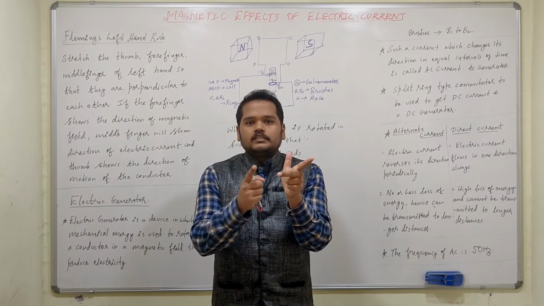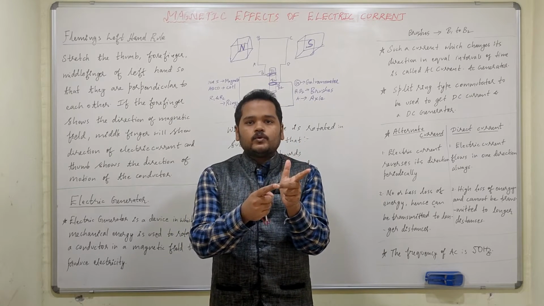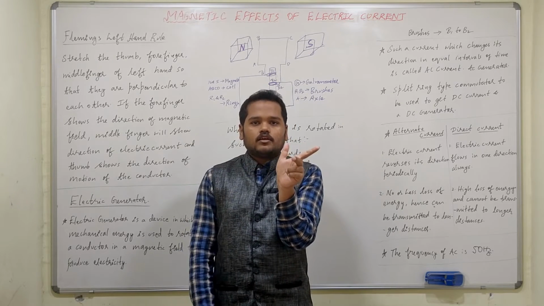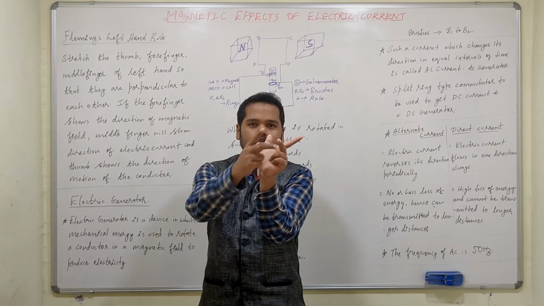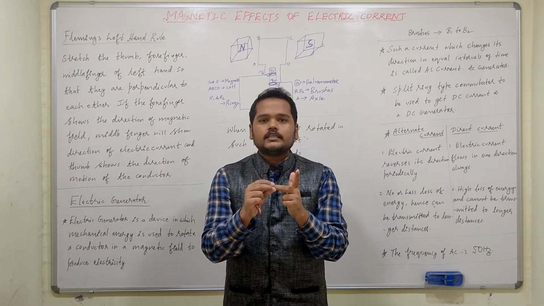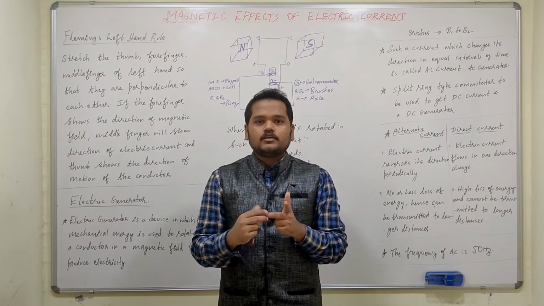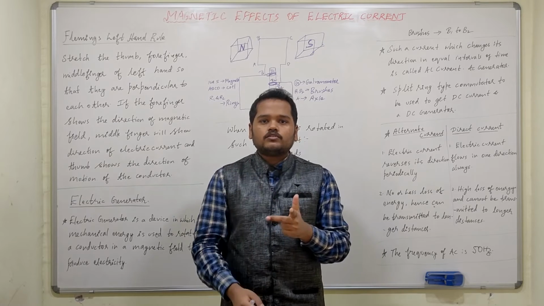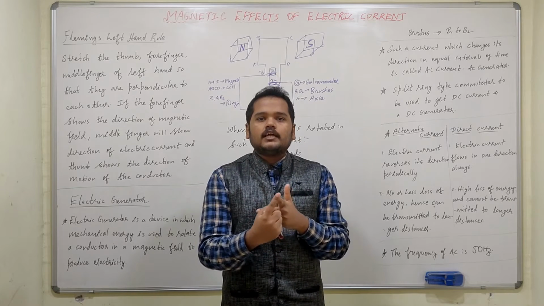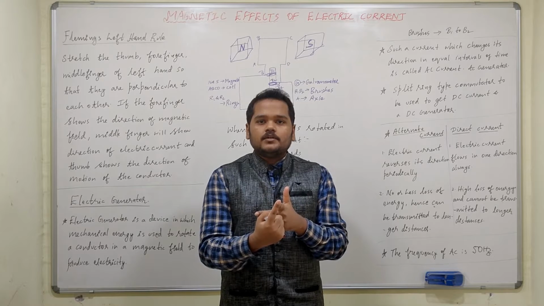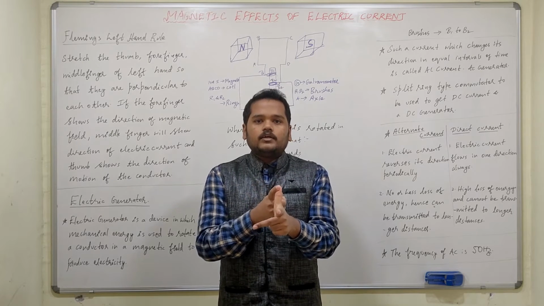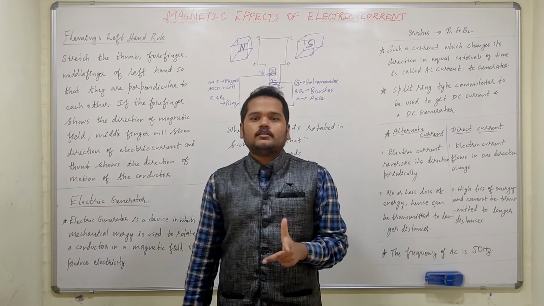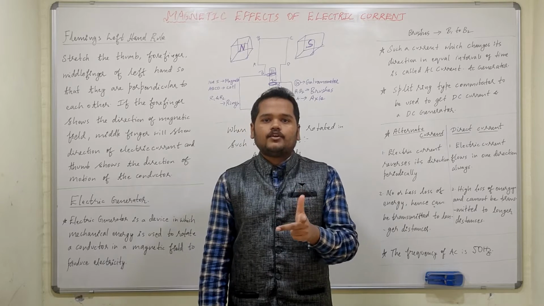As we have already seen, you have to shoot electric current at me with the power of your middle finger. So the middle finger indicates the direction of electric current. The forefinger is the magnetic field around the current which flows, so the forefinger indicates the direction of magnetic field, and your thumb indicates the direction of motion of the conductor. This is your Fleming's left hand rule.